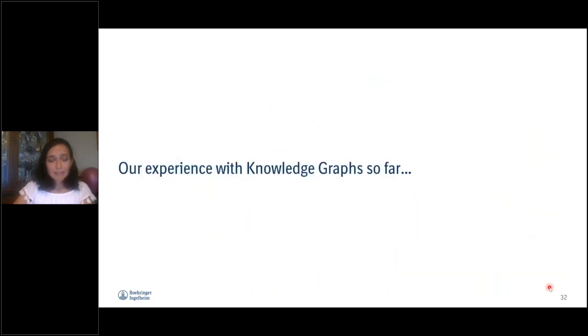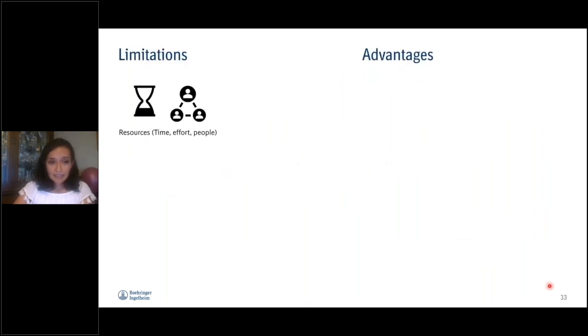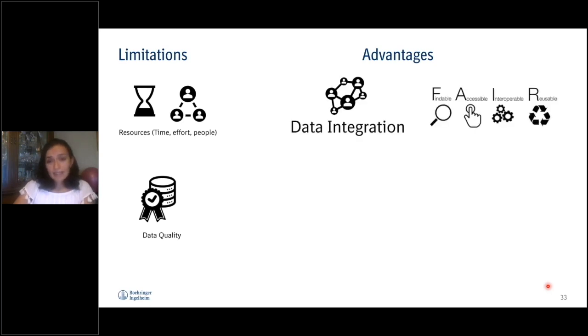So our experience with knowledge graphs so far is that it has some limitations because it requires time, effort, and people. And also the data quality is really important because there is so much noisy data that we want to avoid having in a knowledge graph because then it will cause scalability problems. But on the other hand, it has advantages such as data integration is really easy, and it's really easy to integrate several databases. And it also supports